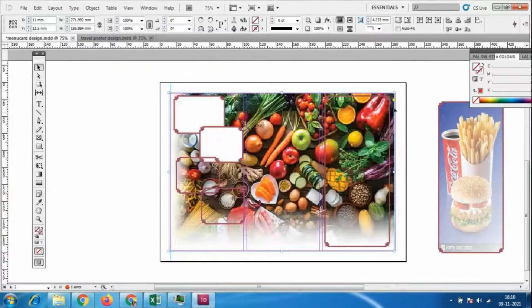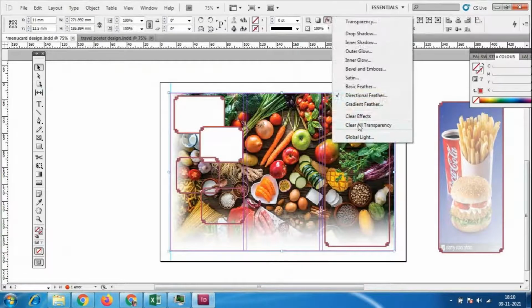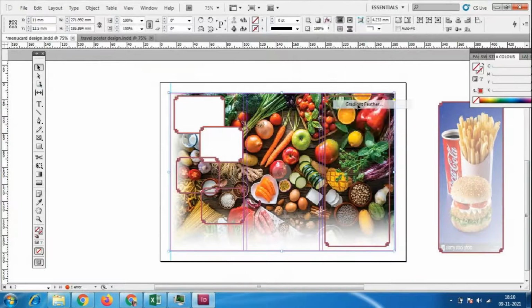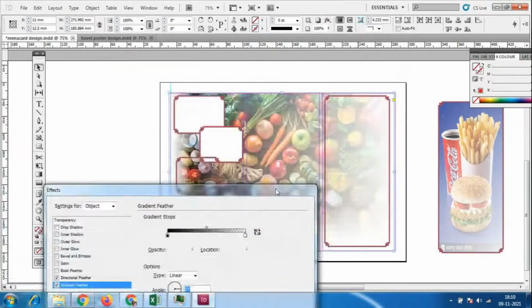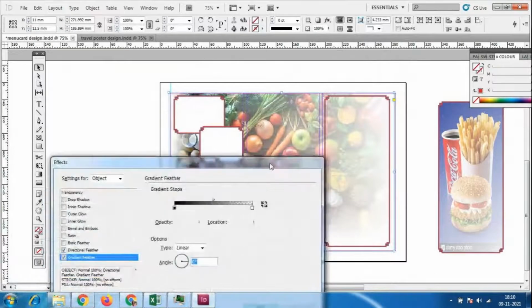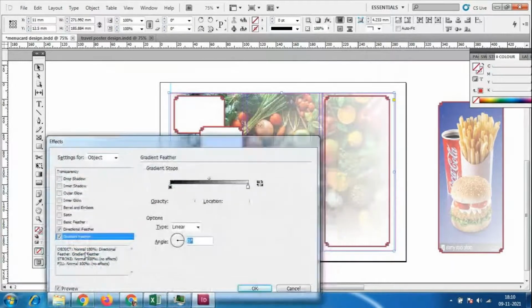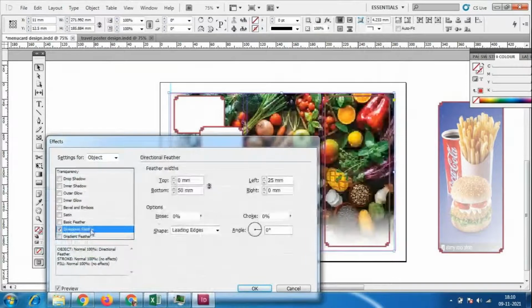I'll select once again, and go to the option Effects and this Gradient Feather. With gradient feather, you will have two different colors, but we are not able to change the color. Only fewer options we can use. Left and right I will give 25. See how much feather I have given.